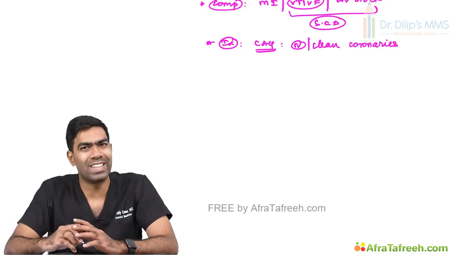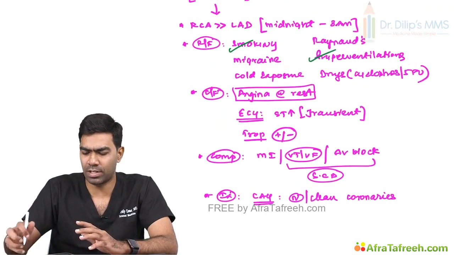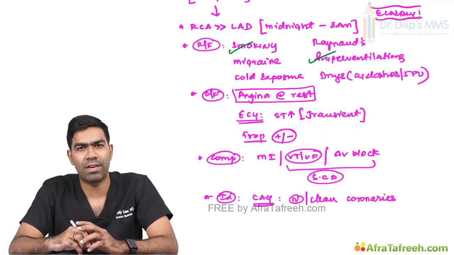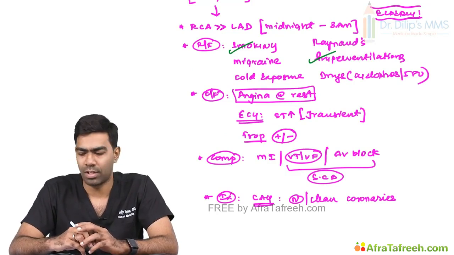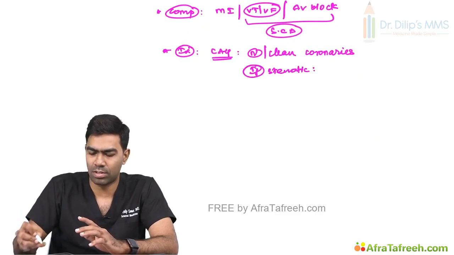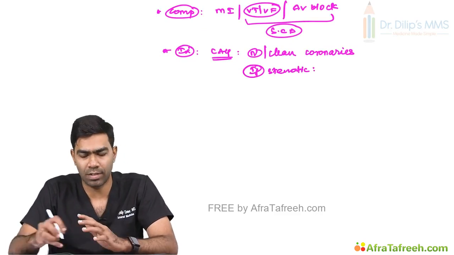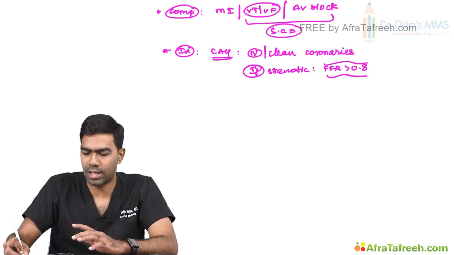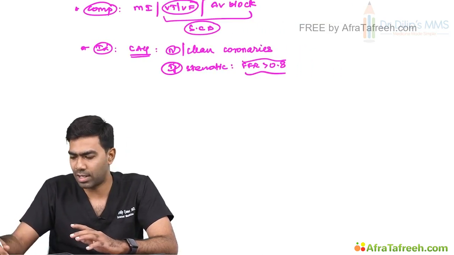But remember, this is only theoretical. Majority of these patients, as I told you, who are suffering from vasospastic angina will be elderly patients. They will be having some amount of atherosclerosis. But if they have a stenotic lesion, if they have atherosclerosis, it should not be hemodynamically significant, which means FFR should be more than 0.8. That's the idea. And there is an interesting theory which